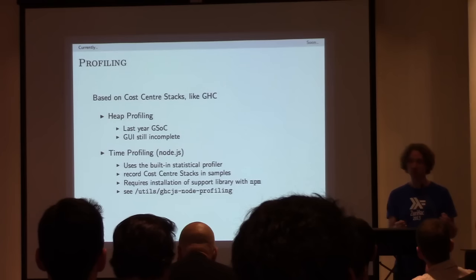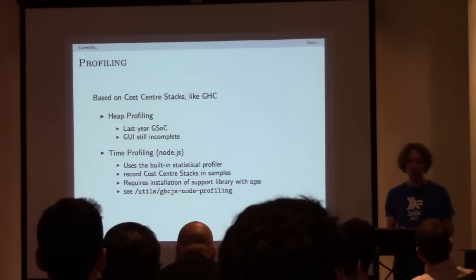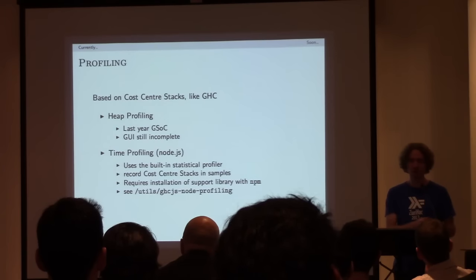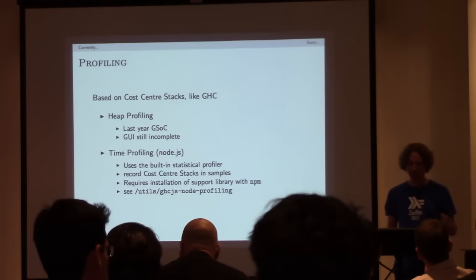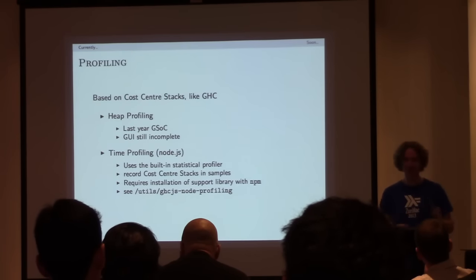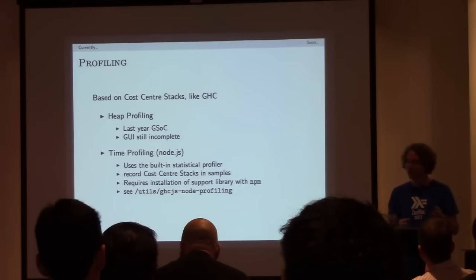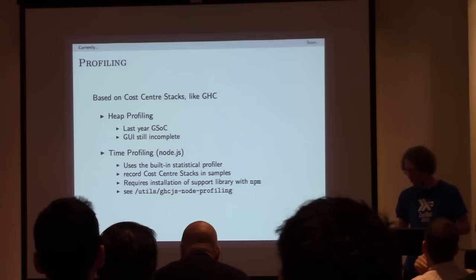Other JavaScript implementations that do have a statistical sampler, like the Chrome browser, could use the same approach, but they make it really, really hard to install plugins that add native code to the browser. I think they want to avoid another Flash or something happening. So this is much harder on things like browsers, but it's something that should be added over time. And it's really useful since